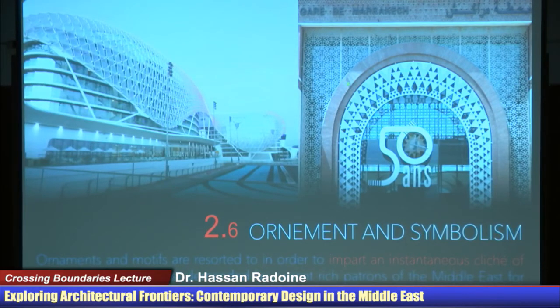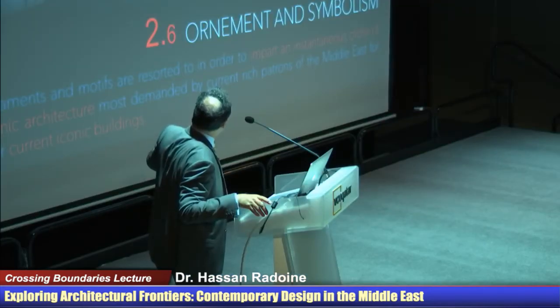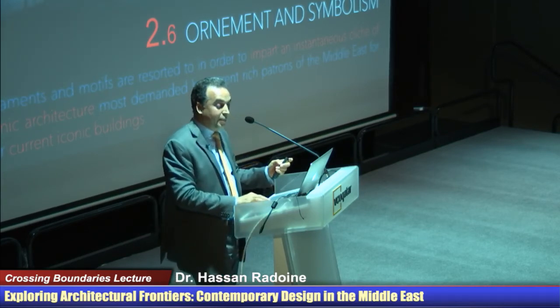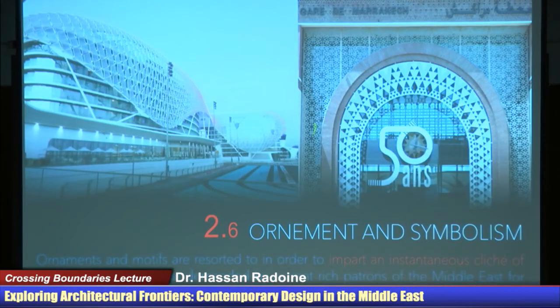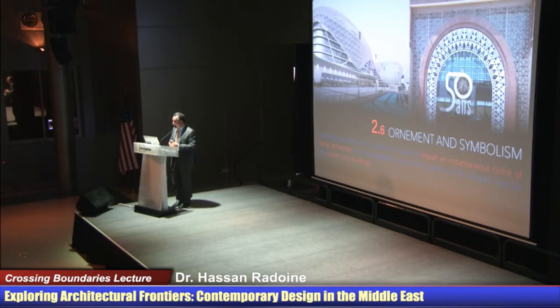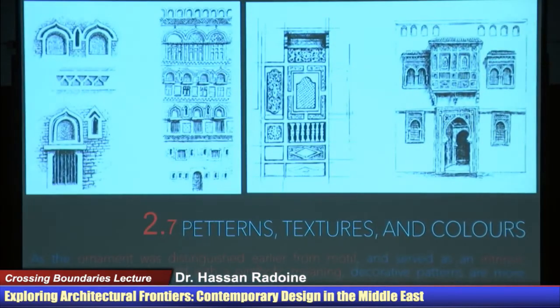This is a contemporary project done just less than 5 years by a local architect in Morocco. This is the gate of the train station in Marrakesh. And they are celebrating 50 years of launching the train and railway in Morocco. And of course, this is another way of using the geometry as ornament, and this time as a digital ornament. How can the computer generate a whole scheme, and this scheme is actually using local patterns, which is not bad. However, my argument here, when you look at this Yemeni facade and this Tunisian facade, clearly they are